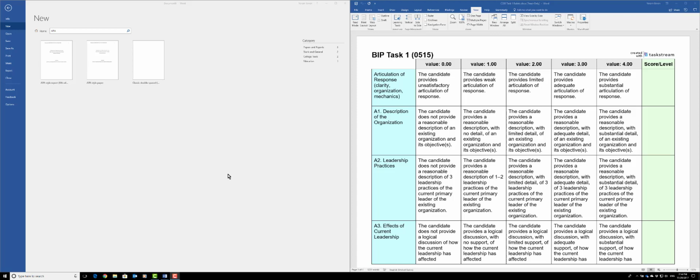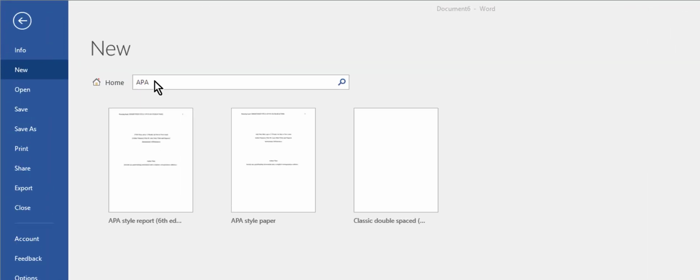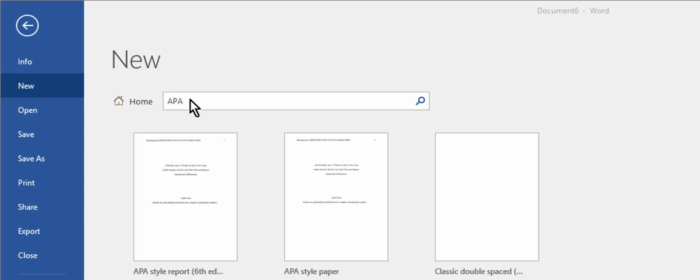Okay, so let's begin. What you want to have is your rubric ready. I put my rubric here on the right, and then you want to open Word. The next thing you want to do is go into Word and search for APA. Once you search for it, you're going to get these three options. What you want to choose is APA Style Report 6th Edition. You click on it,